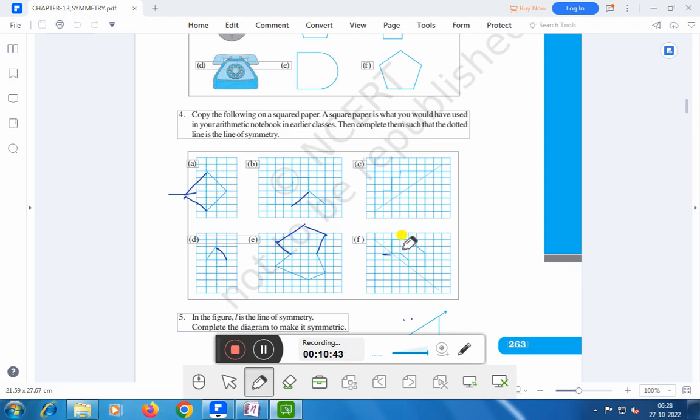Same as that, this one and this one, like this, and then